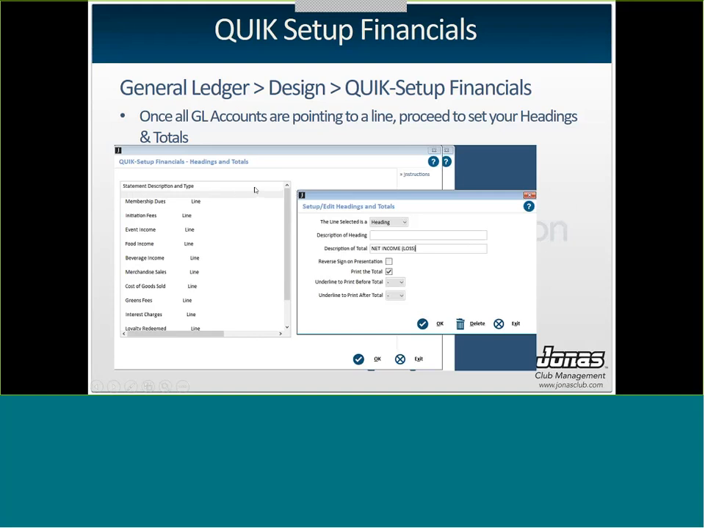This box will pop up, and you can put in the description of your header and the description of your total. So this is going to be my net income line. So what I've done is just put in a total description. The header I've left blank because I don't need to see anything up top in the header. If this was a revenue line, for example, I would put in revenues up top and then total revenues at